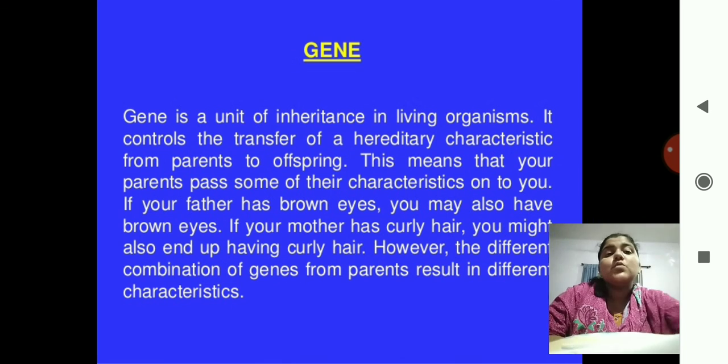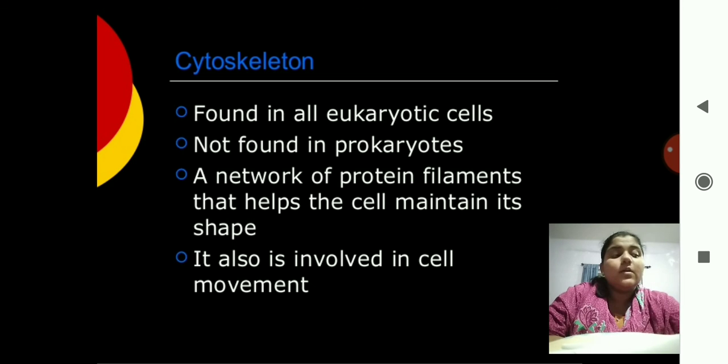Okay children, so here we have completed this part. Till now we have studied the cell membrane, cell wall, nucleus, nucleolus, the nuclear membrane, and what the nucleus contains, the DNA. And DNA consists of genes. In the next video we are going to see the further particulars of the cell. Okay, thank you.